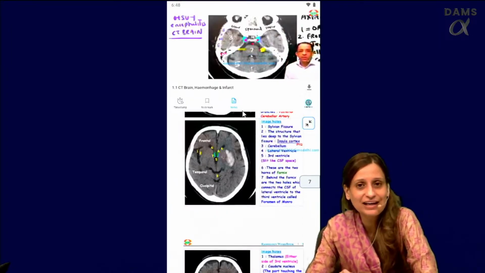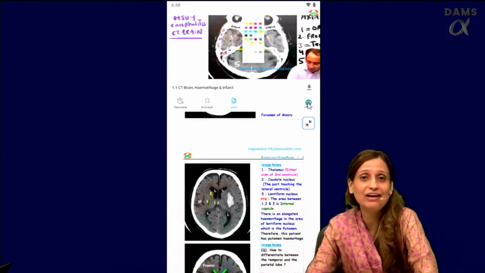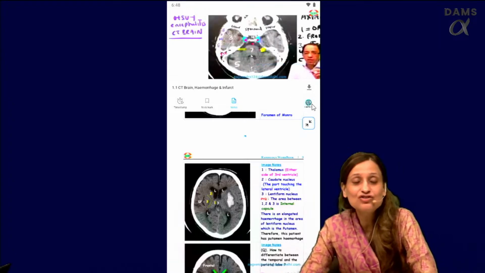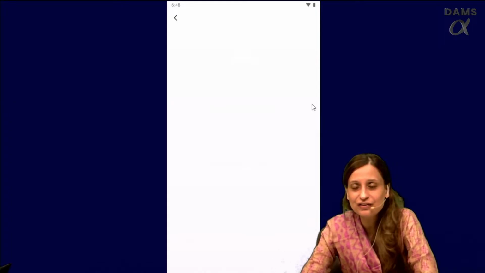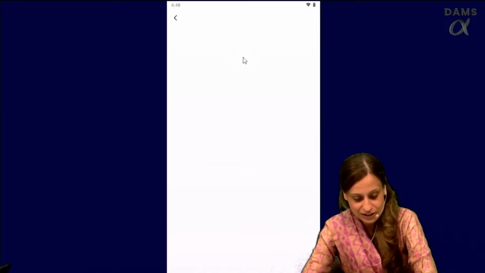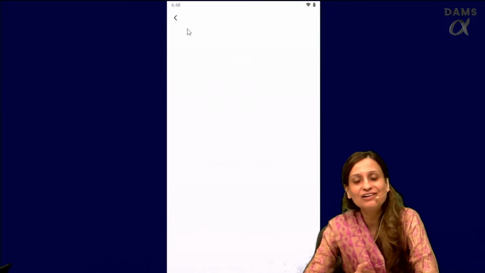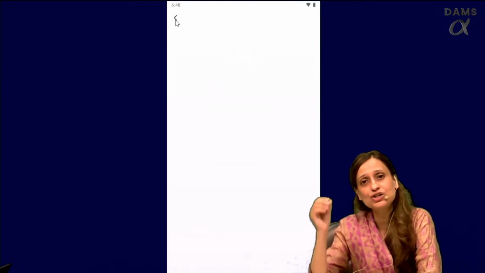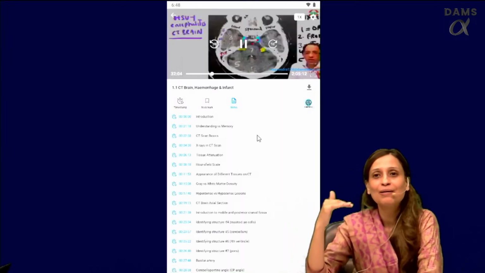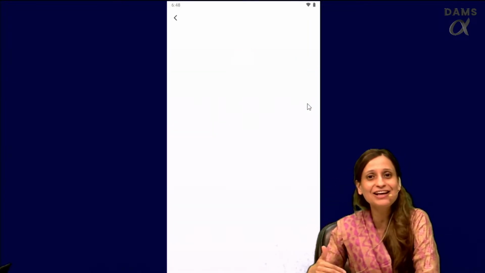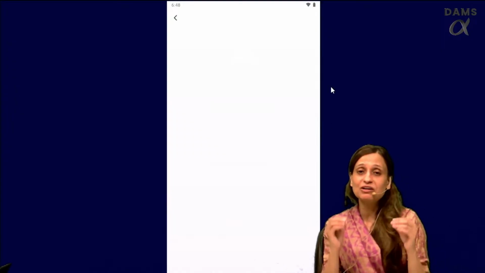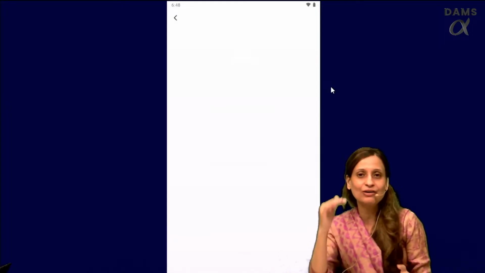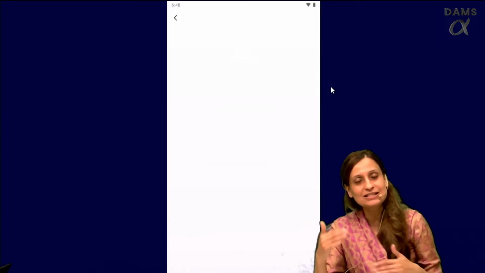And there is a very, very special feature now that we have DAMS Alpha. We have AI on the app, right? So underneath the videos, there is a feature called Cortex AI, right? And when you press Cortex AI, you will see the golden points from that video will be given by the Cortex AI. It is going to be from the video what the teacher has told. So all the key things will come down in the form of golden points underneath itself.